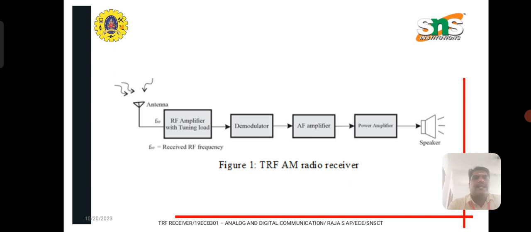If you see this figure, whatever signal is transmitted by the transmitter is first received by the receiver antenna. The antenna is the medium where it receives the original input signal. This input signal consists of the message, and some noise is also added to it. The noise can be removed by using an RF amplifier tuned to a particular frequency. So the first block, the RF amplifier with the tuning load, does the work of removing the noise and tuning